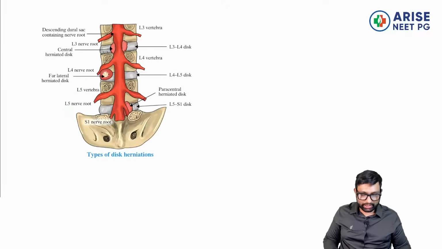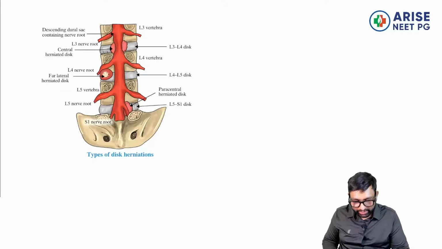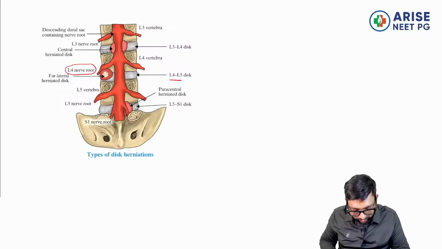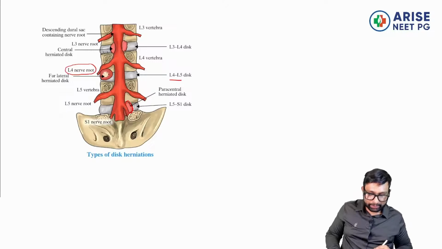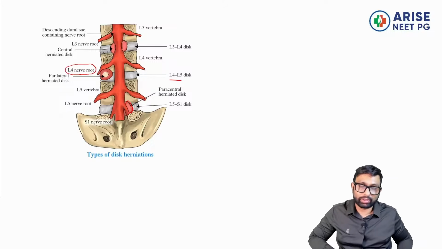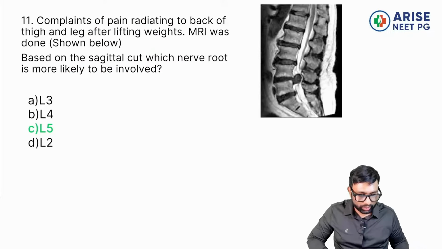Okay. So again, this is an example. Here you can see a far lateral disc which is pressing on the L4 nerve root at L4, L5. But if you look at L5, S1, this paracentral disc here is pressing on the S1 nerve root, the traversing nerve root. Okay. So in our patient,